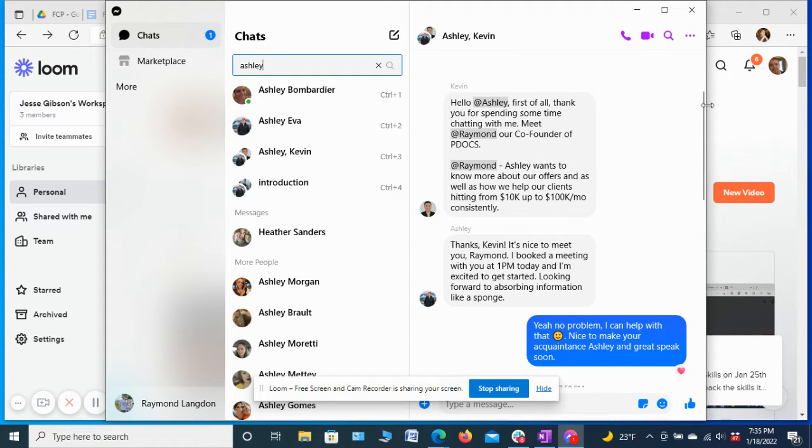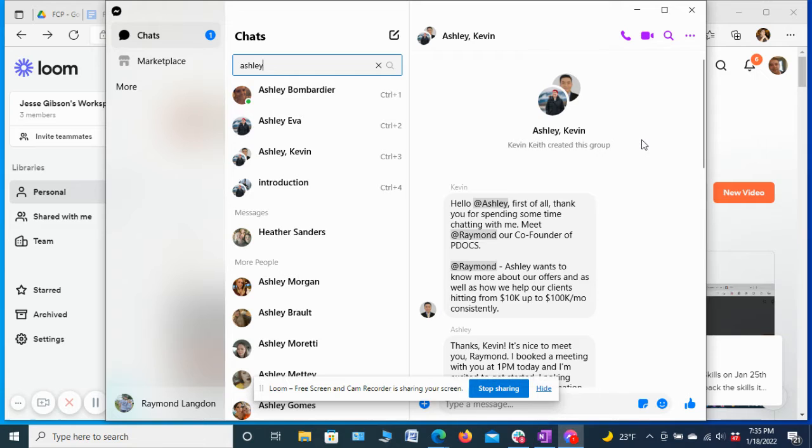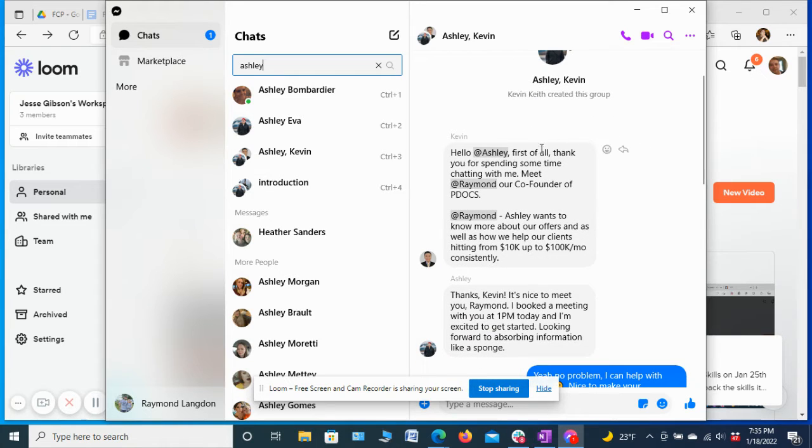So what I'm going to be going over today is basically how to turn a prospect from cold to sold. And I'm going to use this prospect, Ashley. So in this case, this was the first kind of interaction. This girl had just come into our group. Doesn't really matter how you're getting people into your group, right? You just have to get them there.